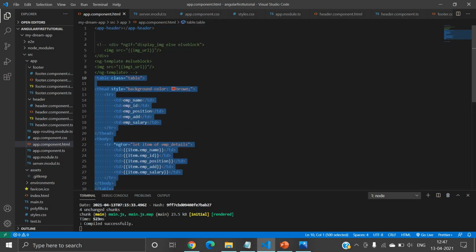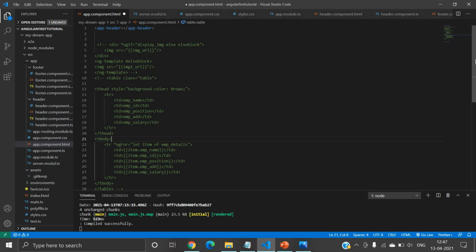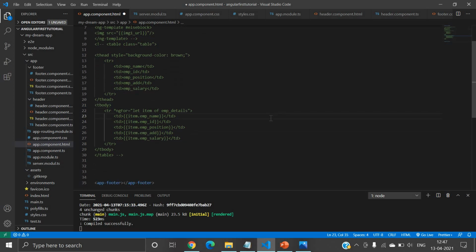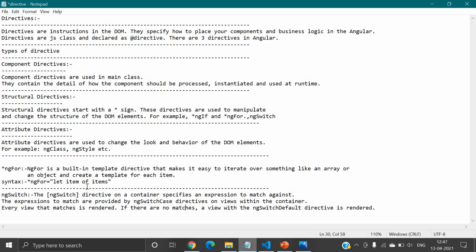If I talk about ng switch case, it is very similar to other programming languages. If I talk about JavaScript or the C programming language, I hope you already know about the switch statement. It is a very similar thing here. The switch statement is also used for multiple conditions. If you have multiple conditions, you can easily use a switch statement, right? So let's start with the basic definition of ng switch case.